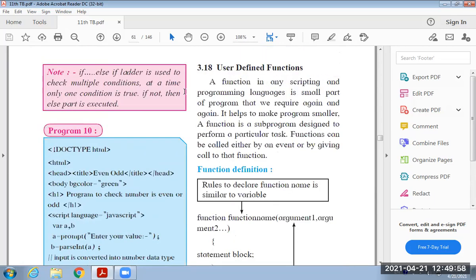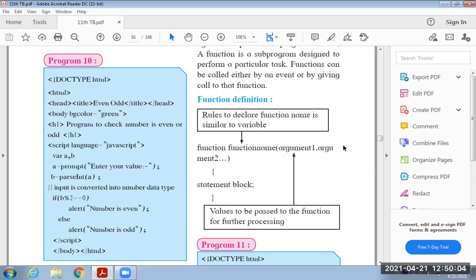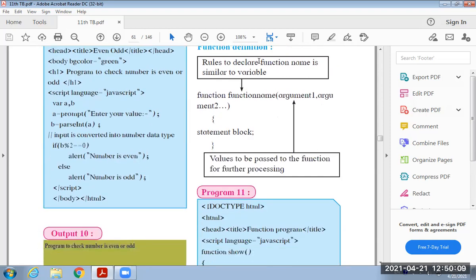And for that purpose, we have to use user-defined functions. These user-defined functions are used within our program. To define a user-defined function, we have to use the function keyword, and after that specify the name as the function name, and then provide the function details.